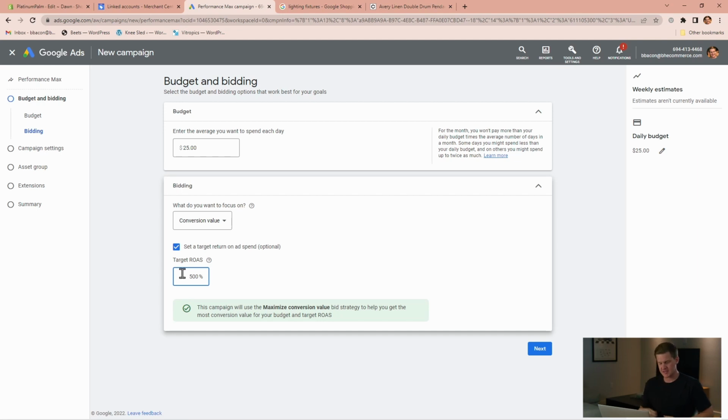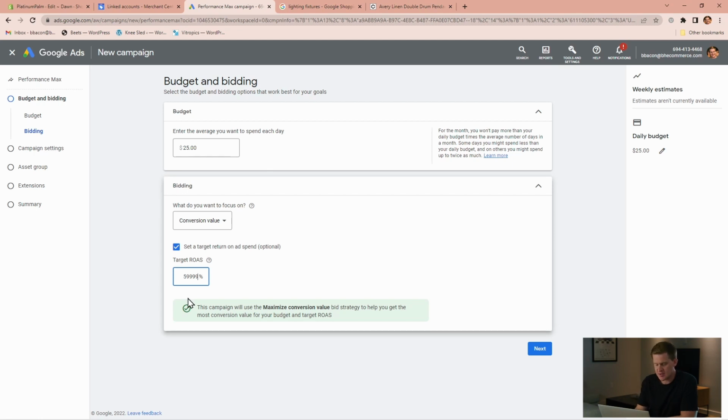What's going to happen is Google's going to say, okay, I see the number that you put in here. Say we put 59 million in, and it's going to say, okay, I'll try. So what I'm going to have to do is reduce your bid, because in order to get that return, I'm going to have to reduce your bid lower and lower until we get to the point that you're not spending any money at all. So there's this bell curve, and you want to try to end up at the top of the bell curve where I spend as much of my money as I can, because that's going to maximize the amount of people that see my ad. But at the same time, I don't want to be too low to where I'm not